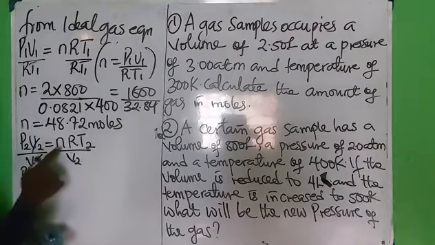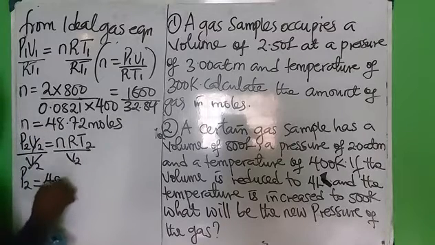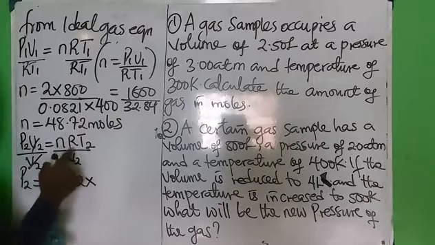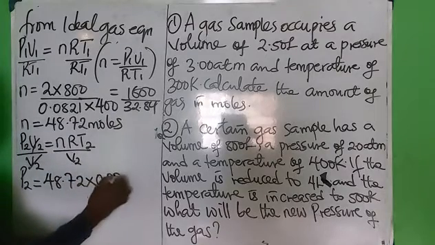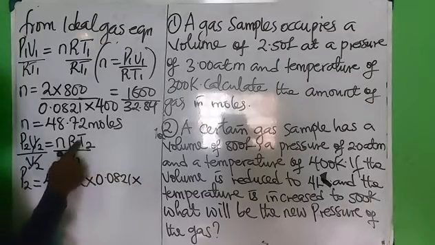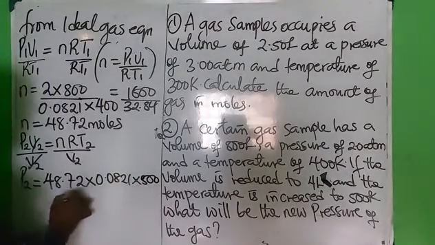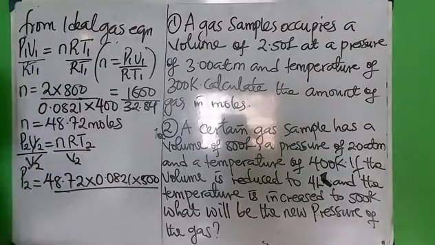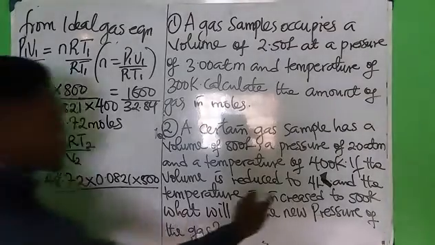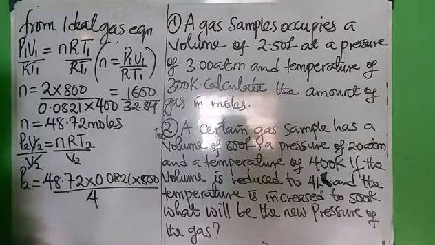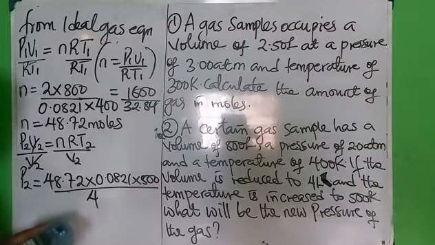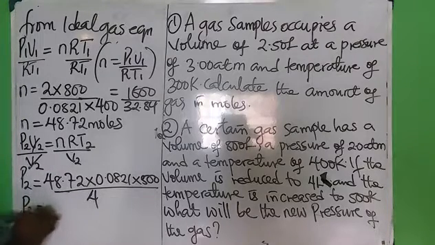So the number of moles from the initial value we have is 48.72, times R, which is 0.0821, times the temperature, which was increased to 500, over the final volume, which was reduced to 4 liters. So 48.72 times 0.0821 times 500 equals